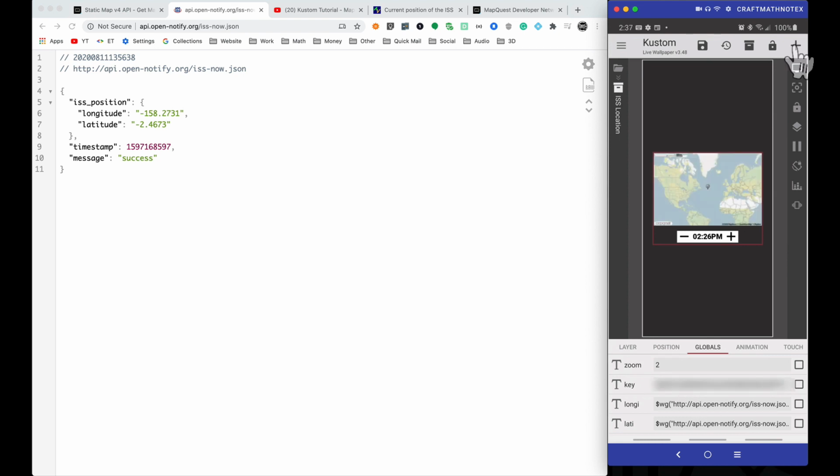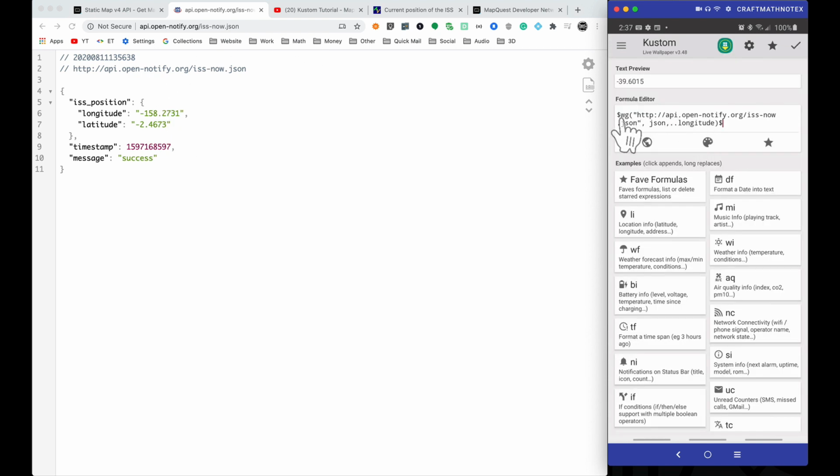Now once you have that key entered in, the main things we want to look at now are how we're getting this longitude and latitude. I have those two globals right here, Longi and Lati. And what I'm doing is a web get. Now this stuff here, I've talked about this numerous times in various tutorials, but just a quick recap, we're doing a web get. Here's the URL that I'm pulling from right up there, comma JSON, comma, and then I'm doing dot longitude. So these two dots here will automatically make it jump to this piece here,